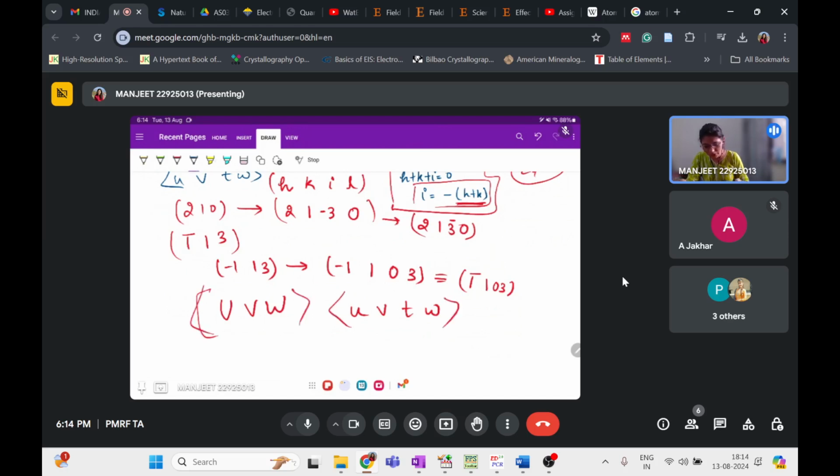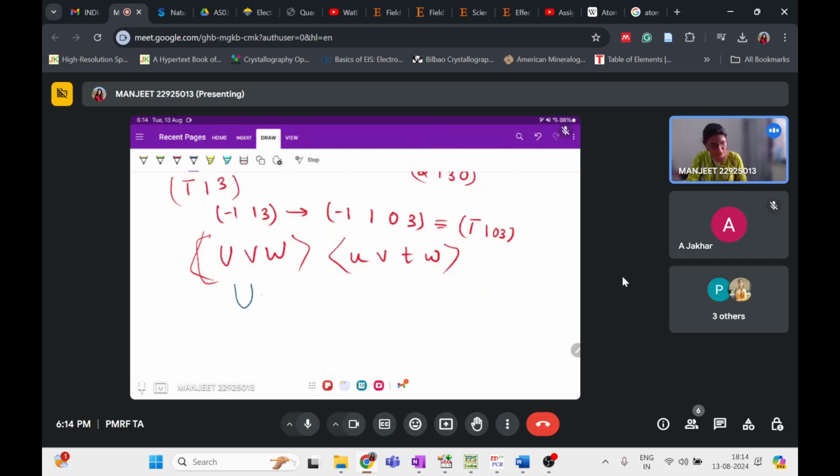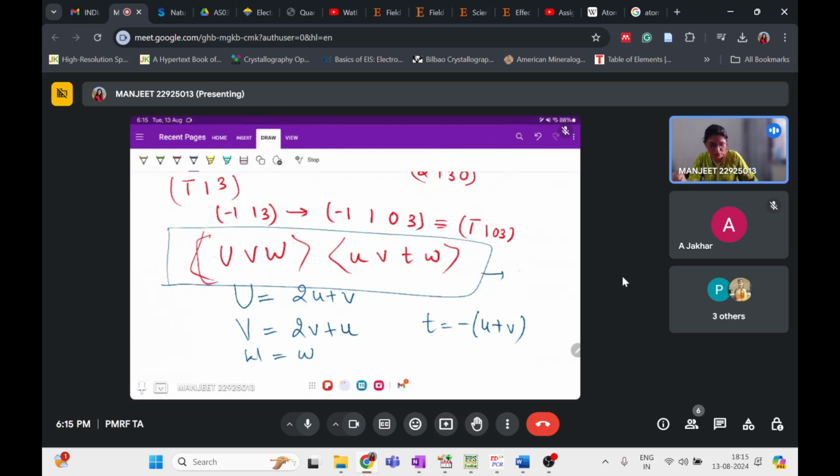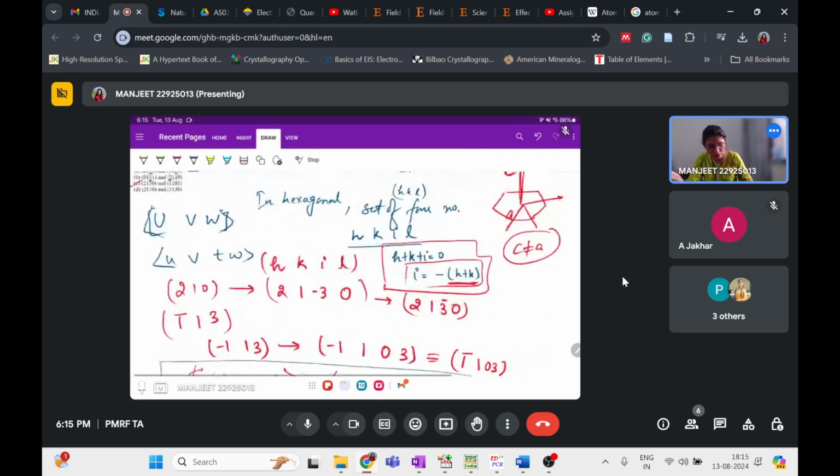So capital U is equal to 2u plus v, and capital V is equal to 2v plus u, and W is my same w, and T is equal to minus of (u plus v). So this is the relation for the direction one, as we denote the direction with this bracket, and this is the relation for